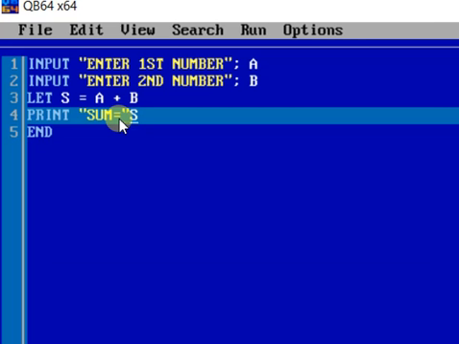Similar to input, after the double quotes you have to give a semicolon or you can also give a comma. As the sum of A and B is stored in S, if we print S, then whatever is stored in S will get printed on the screen.